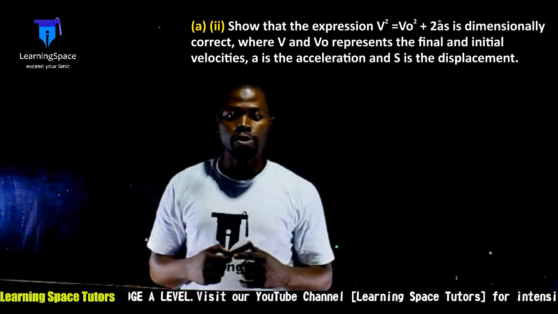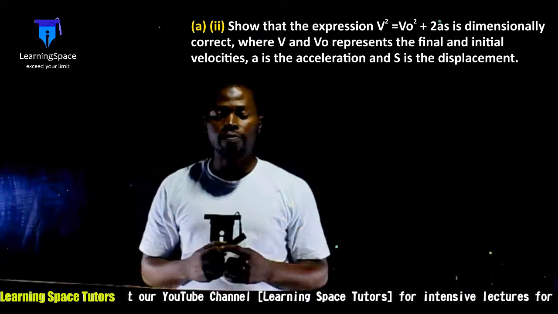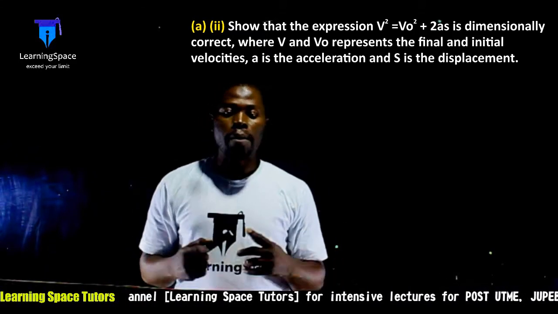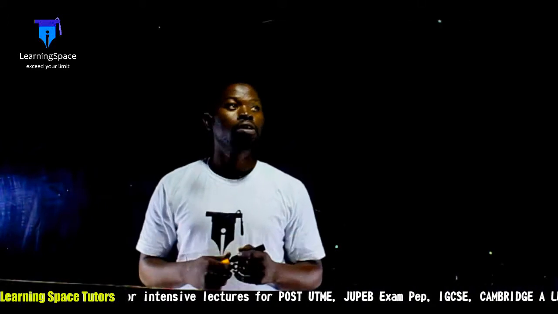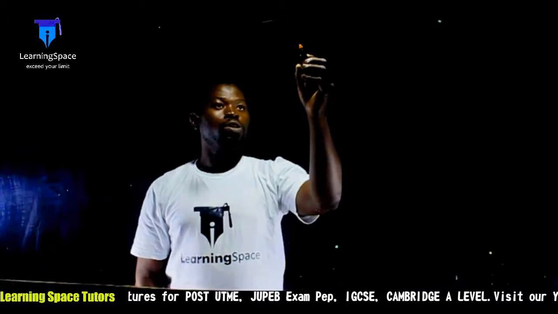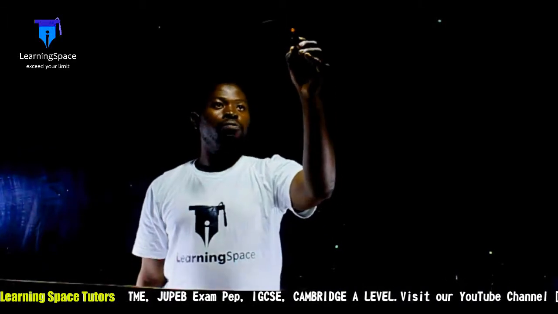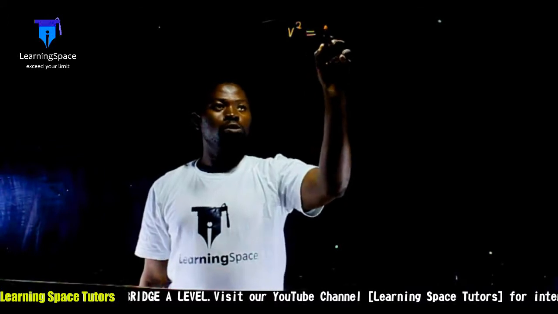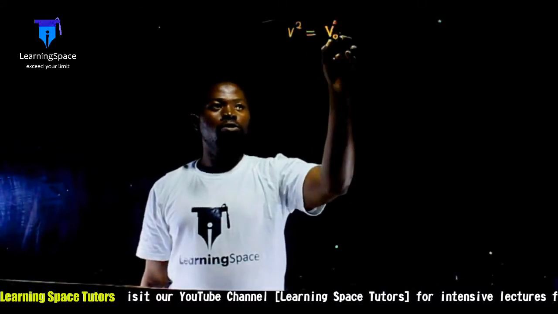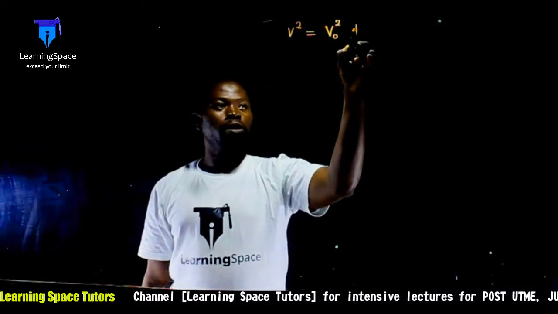Like I told you earlier, one of the uses of dimension analysis is to show that an equation is dimensionally correct. As you are given in the equation, v squared is equal to v naught squared plus